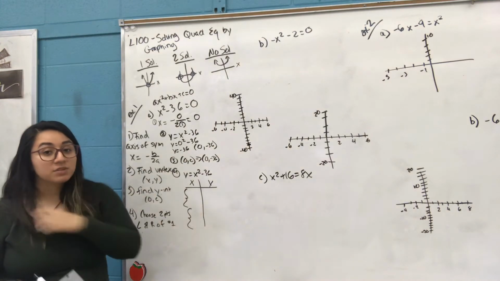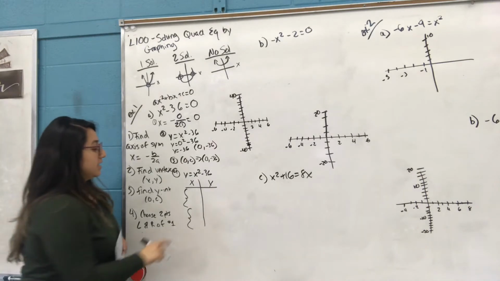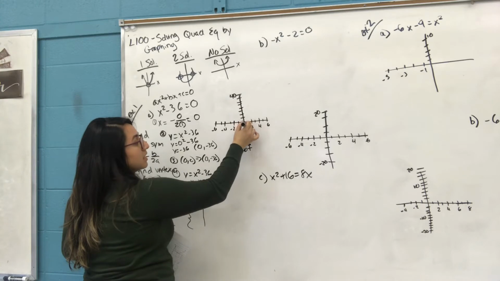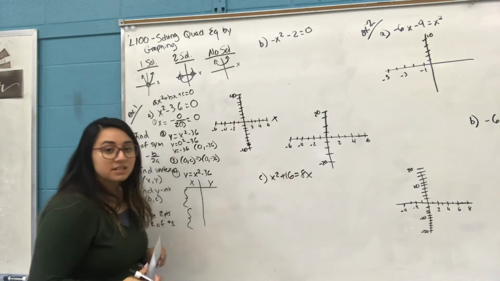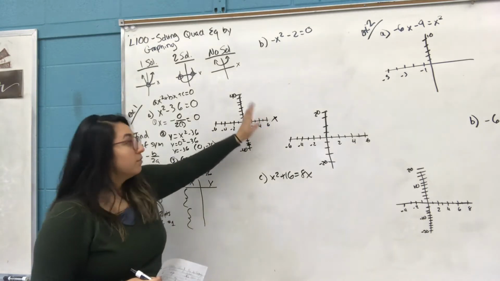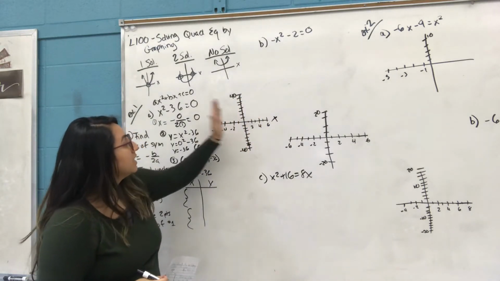The more points you have for the line, the clearer you see the whole parabola. Here, remember the axis of symmetry is right here. You're focusing on the x-axis. So remember, you're choosing numbers from this number line right here. From the dotted line here, I'm choosing 2 numbers from the left side and 2 numbers